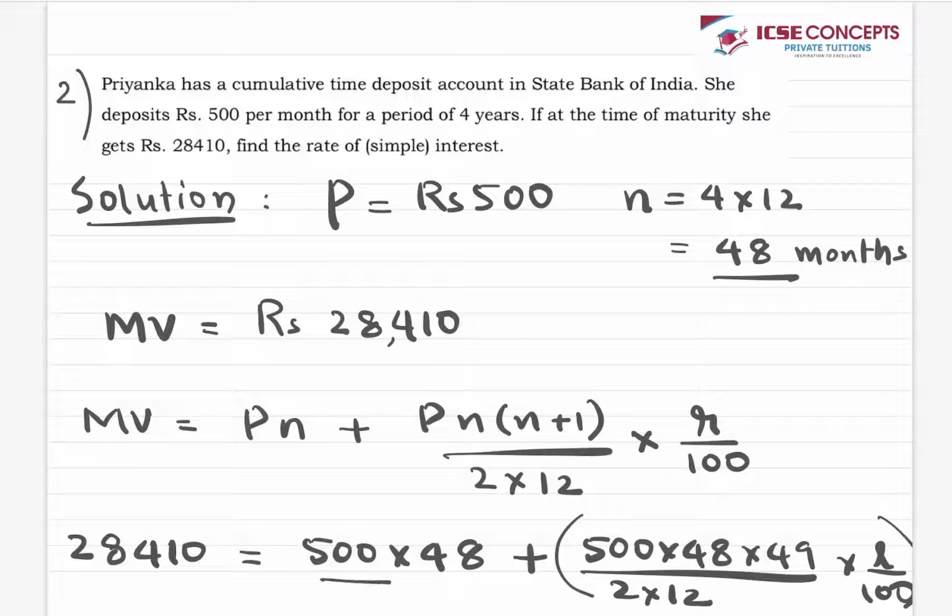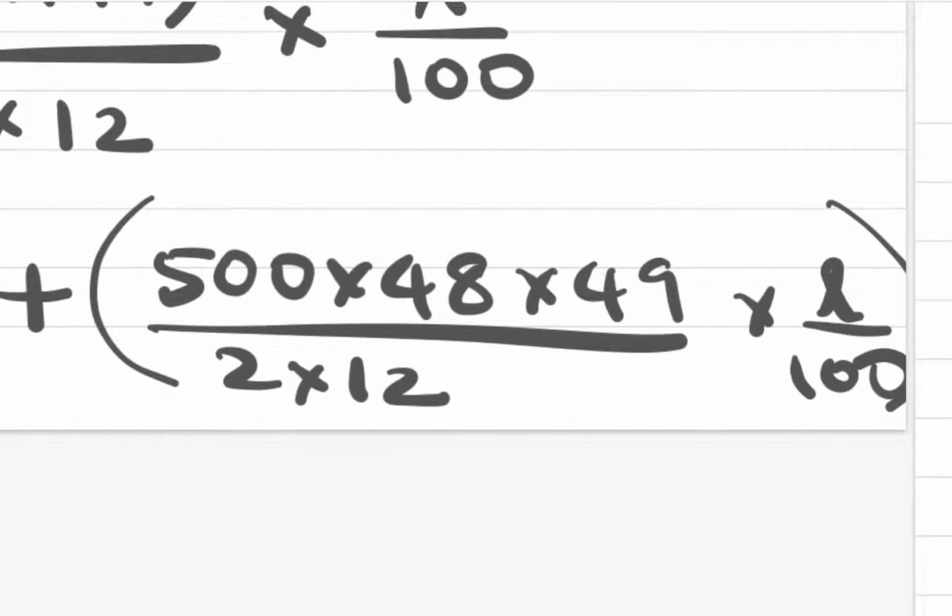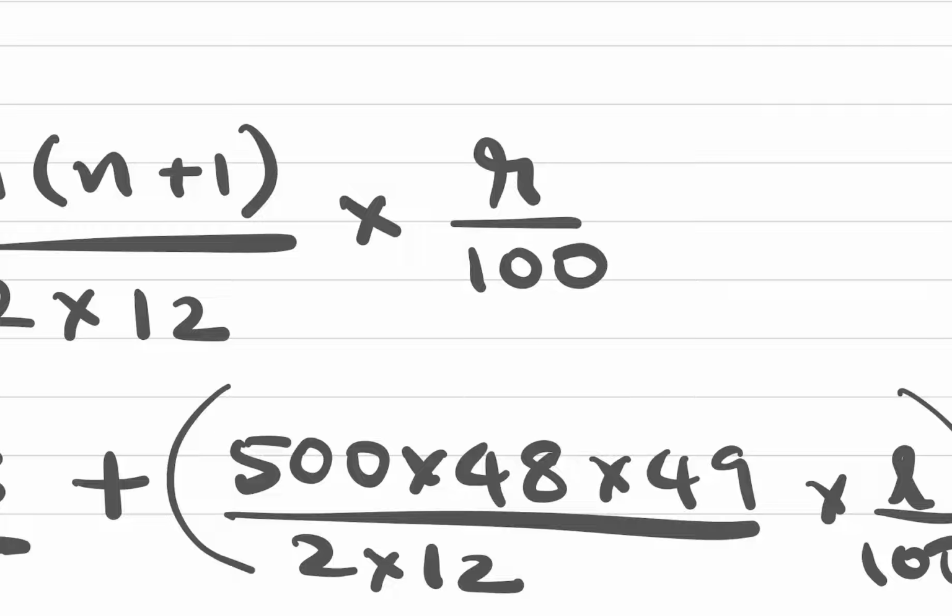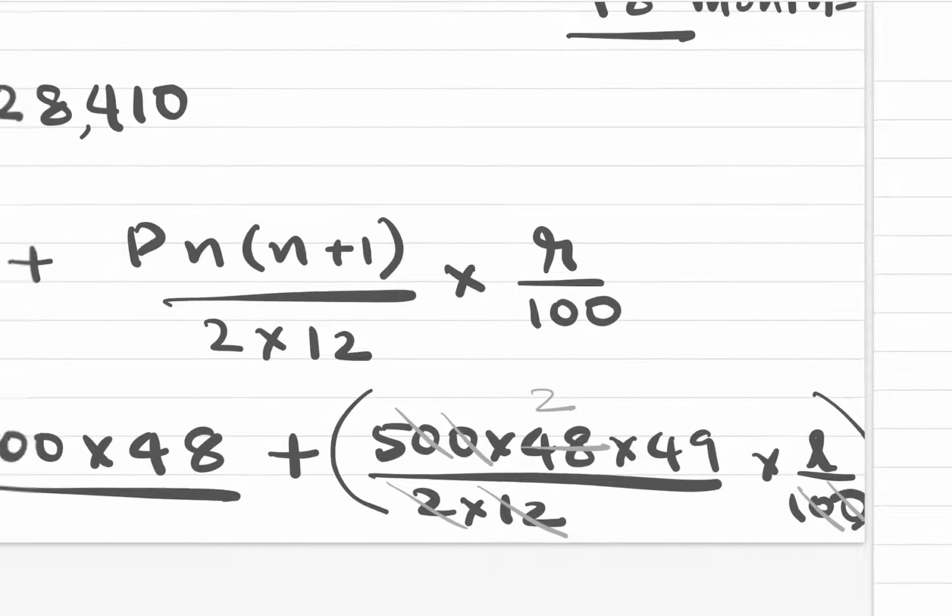So first we multiply 500 into 48. So that becomes 24,000. And here you can do cancellations. So let's check what cancellations are possible. 2 and 12 is 24, so that gets cancelled. And these two zeros also get cancelled. Right? So what you have here is